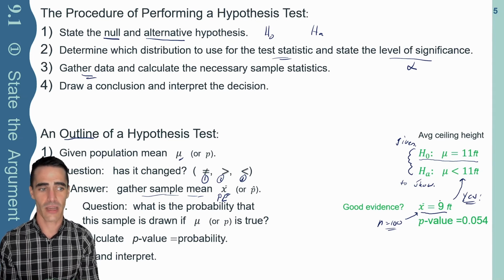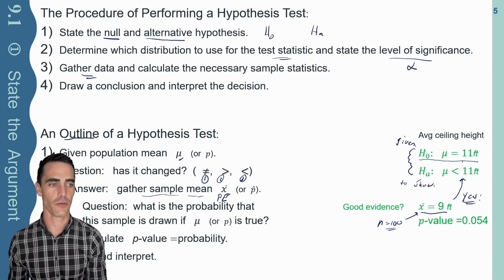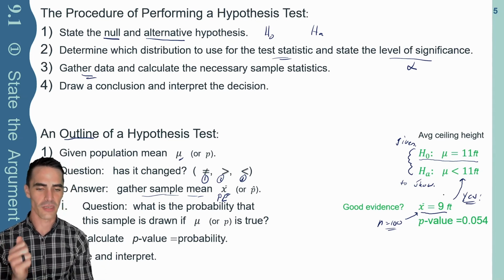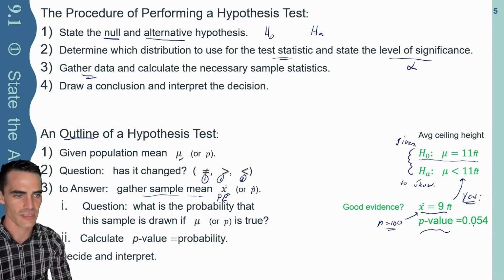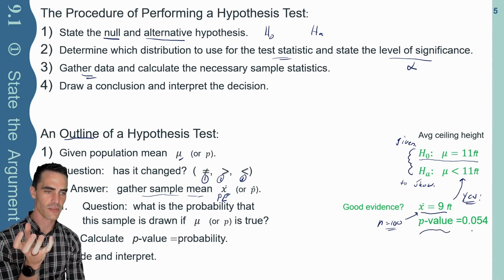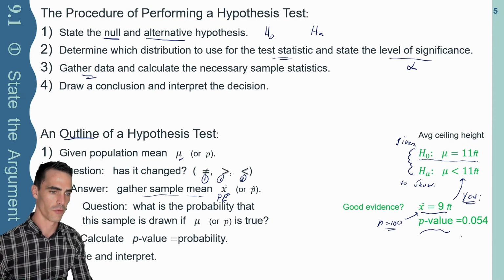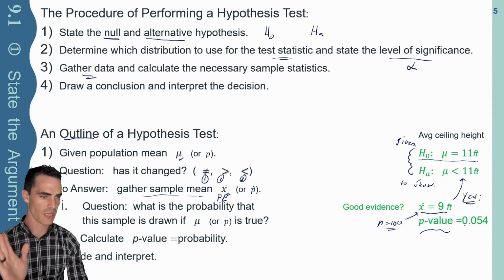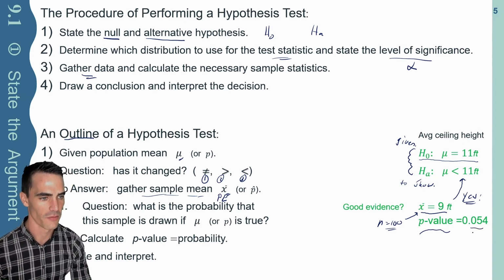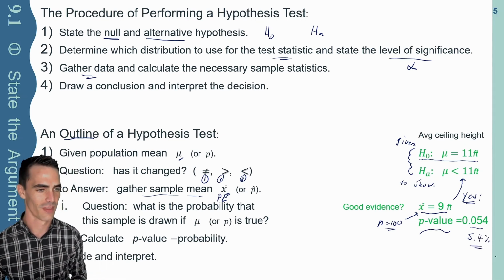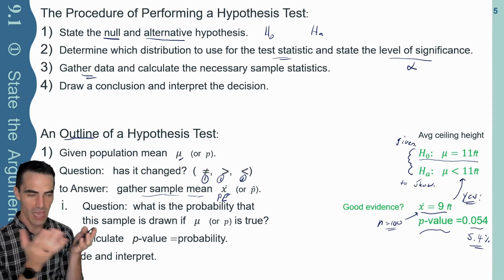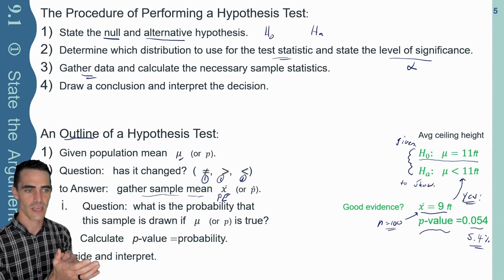Is that significant or not? I mean, 9 feet and 11 feet, that could be close enough. Who knows? In order to do that, we need to calculate a p-value. We'll talk more about the p-value later, but this is like our margin of error. This tells us, look, how significant or how wide our interval needs to be. For this pretend example, we have a p-value that looks like 5.4%, a little bit greater than 5%. That'll be important later. So I have my evidence, I have my p-value, that's from the test that we'll perform,